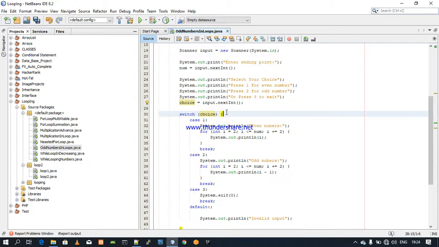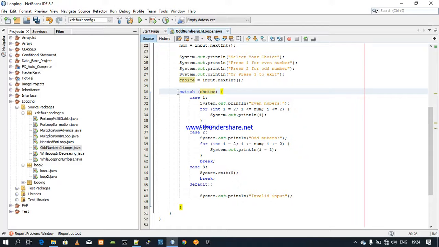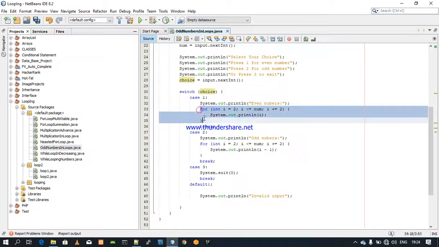From the previous knowledge that we had on switches, we have the switch statement over here, which takes the argument of the choice. For case 1, if the choice is 1, then we print out even numbers. Since the user chose even numbers, we use the for loop. Our main aim is on the looping. We use the for loop to print out even numbers starting from 2,